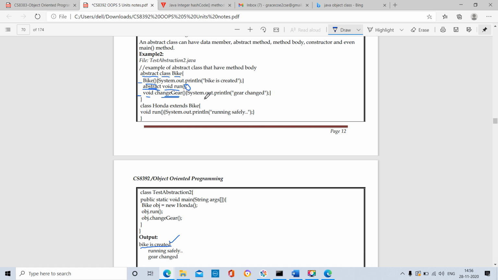So change gear is the method. It will do the work. What is the work? It will display the message "gear changed" by using System.out.println. Before that we have the abstract void run semicolon. So this void run method will be explained